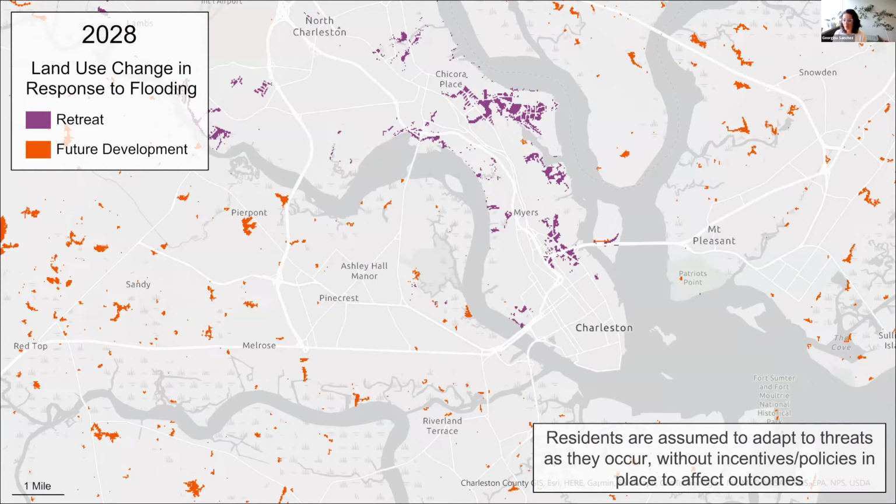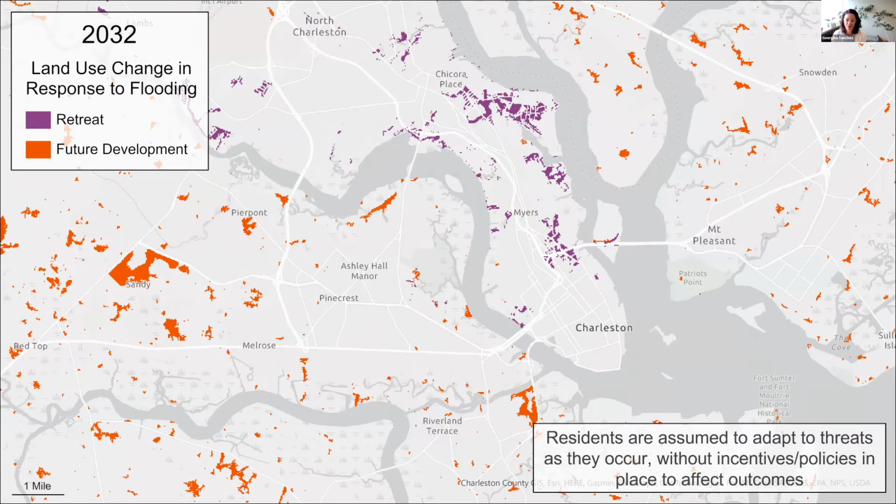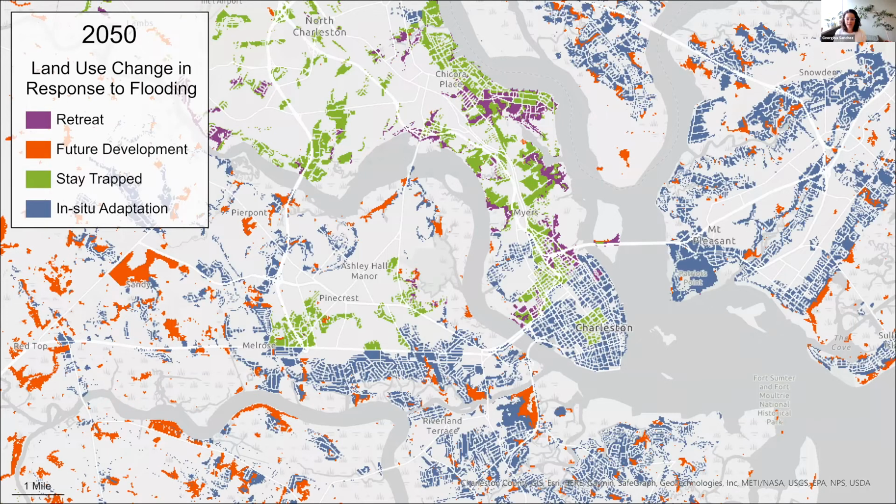Now, you are asking yourself, well, what happened with the other response states, stay, trap, protect, and what we are looking at, retreat. So here we have the full picture of all interactive processes: simulated new development as well as retreat, protect, and trapped.